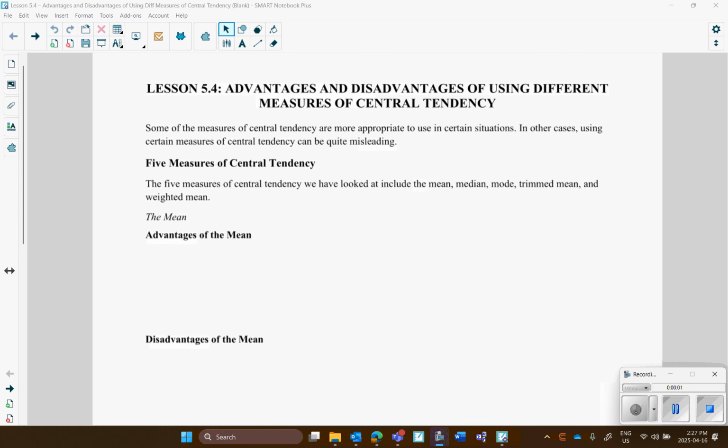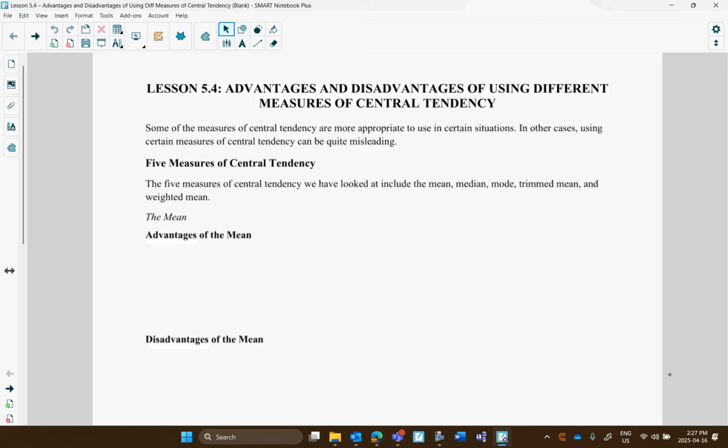All right, so far in this unit, we've talked about 5 measures of center. And 3 of them have the word mean in it. So there's the regular mean, the trimmed mean, and yesterday we did the weighted mean. Then there was the median, then there was the mode. And we talked a little bit about this as we've gone through the first 3 lessons with the 3 types of mean and median and the mode. But I just want to jot down a couple of advantages and disadvantages of each, because it's something that could be fair game.